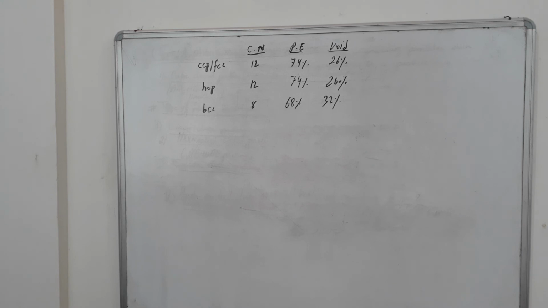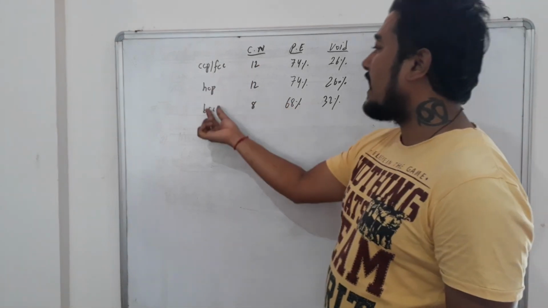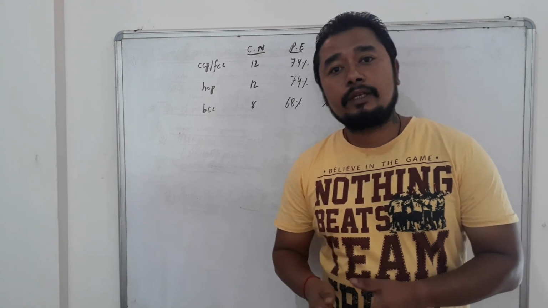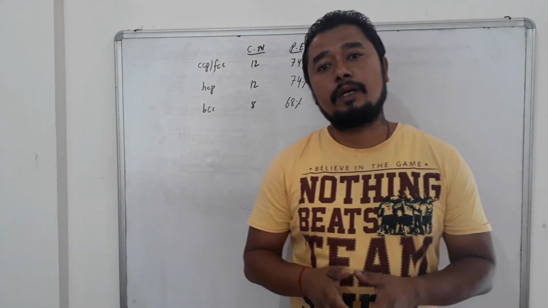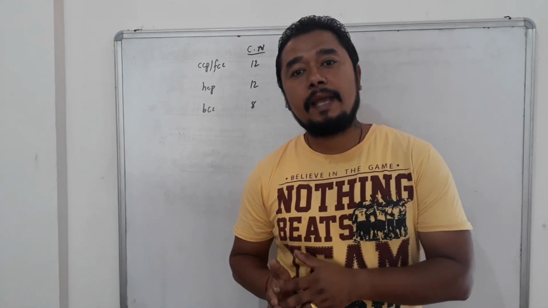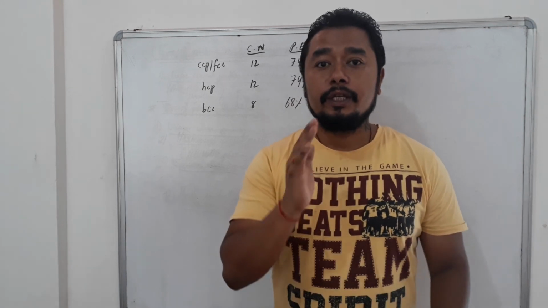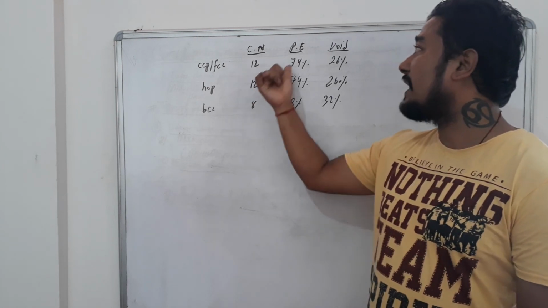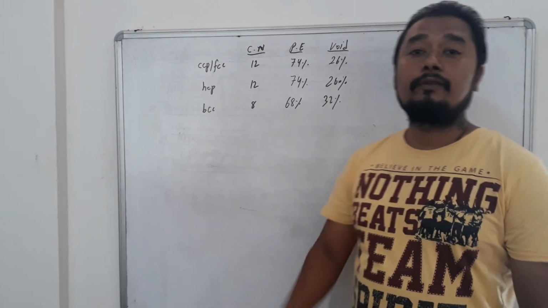So if you want, you can take the screenshot of these, students. So do remember this much for objective. What is the coordination number of such packing in 3D? What is the packing efficiency value? What is the void? So in today's class, I have explained to you coordination number and type of packing in 2 dimension and 3 dimension, in which 3 dimension is very important, students. And do remember the coordination number value, packing efficiency for all of them, and the void percentage.